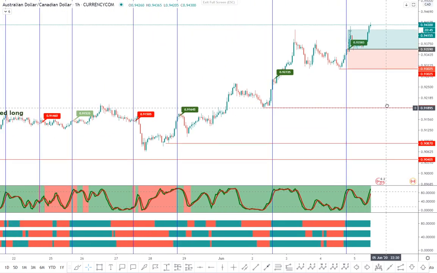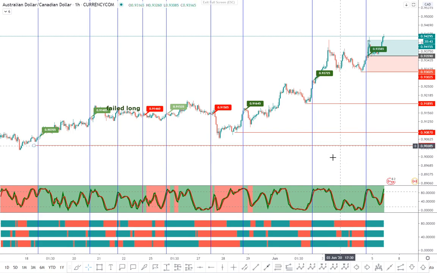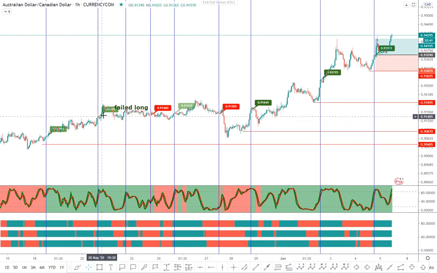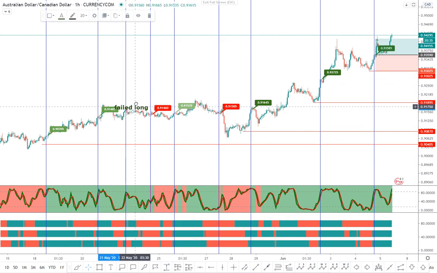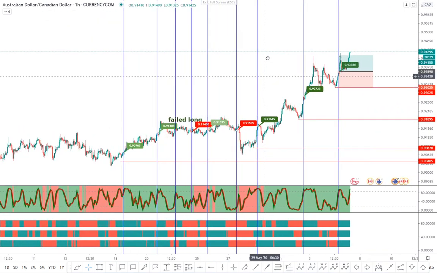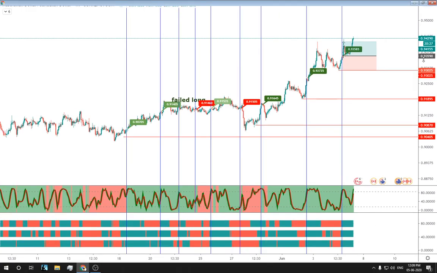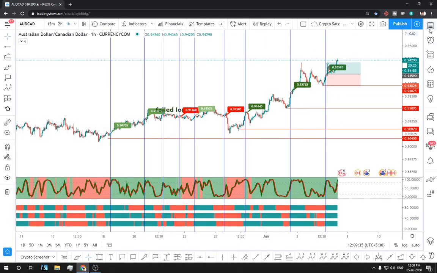So if we take a total of our trades, we have 1 2 3 4 5 6 7 8 9 signals. Out of 9 we have lost one signal, which is a failed long, which we failed over here. So it's a very good risk reward ratio. So let's check,